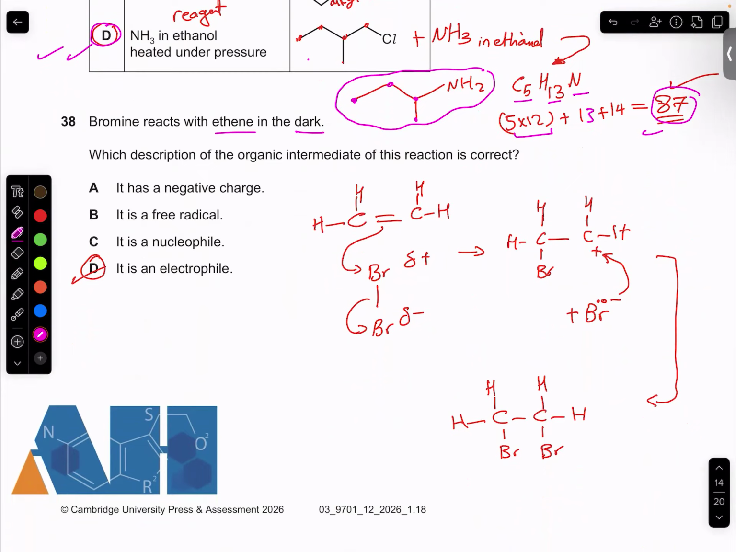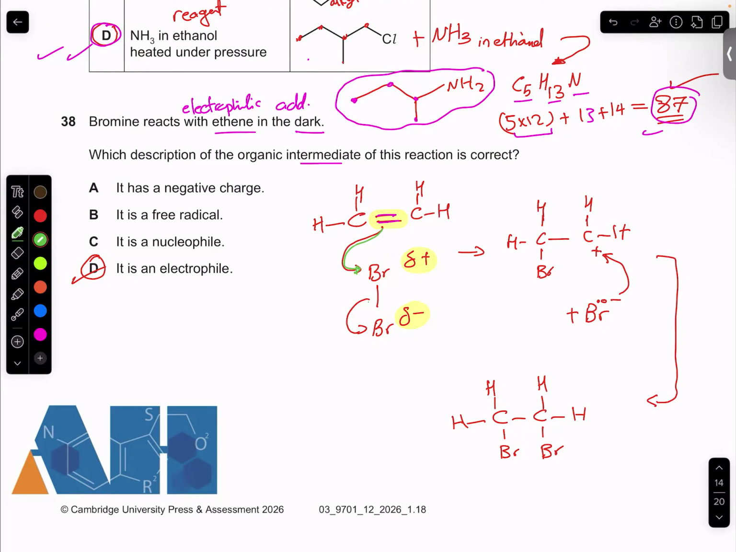Bromine reacts with ethene. Of course, this is an electrophilic addition reaction, right? The question asks which description of the organic intermediate of this reaction is correct. This is the mechanism of the reaction. We have here the double bond, and we have here the bromine with partial positive, and this one is partial negative. The double bond here attacks